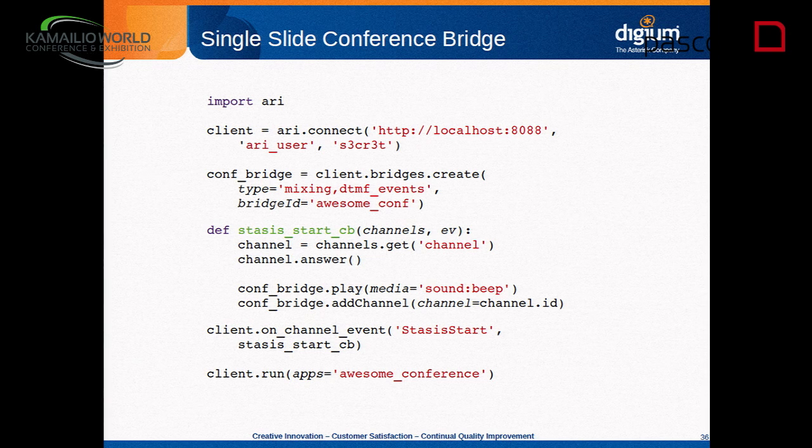This is why it's cool. This is a conference bridge on one slide, written in Python. I could fit it all in one slide, which I was pretty happy with. This is using ARI Py. There are some other really great libraries the community has written. I'd highly recommend taking a look at Nir's ARI PHP library as well. He's done some fantastic work with that. Lenz from Qmetrics wrote a Java library. There are a lot of great libraries already for ARI written in a variety of languages.